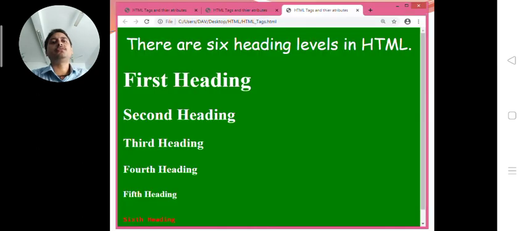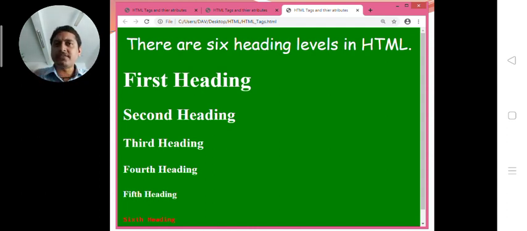Now just have a look at the page, how the page will look. Initially we have written 6 headings, but to write this text we defined font face must be Comic Sans and size must be 5. This size is not a 5, I have zoomed in the page to make it clear, and you will be able to see that the first line is aligned centrally. On the left and right there is some free space. The first heading is in white color, and the font is different from the first line. The other headings are Comic Sans, the default font.